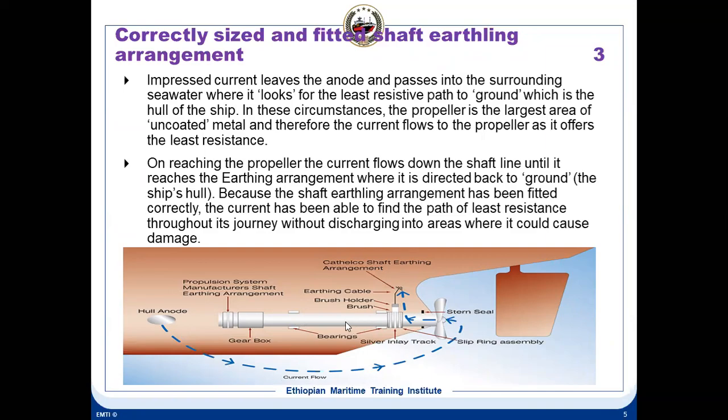So all the things which are insulated, that is why the rudder stock is also grounded. The propeller shaft is also grounded. These two things are grounded because of this. Okay, so this was the last question which somebody asked in the last class. So let's go to the next topic.